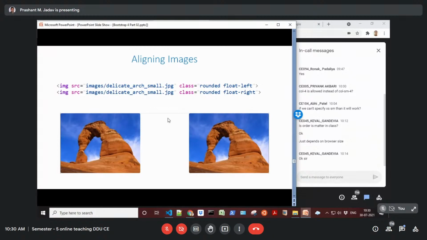To make the image corners rounded, simply use the class rounded. See that by using a single class, you can apply multiple CSS properties. So these are some ready-made classes available in Bootstrap, and you can use them directly.